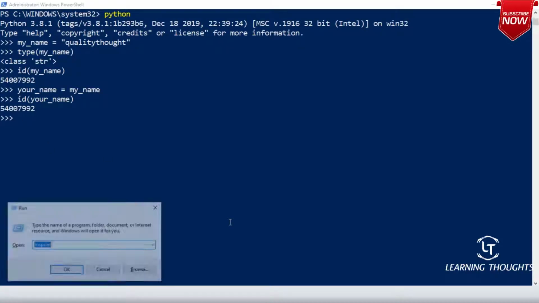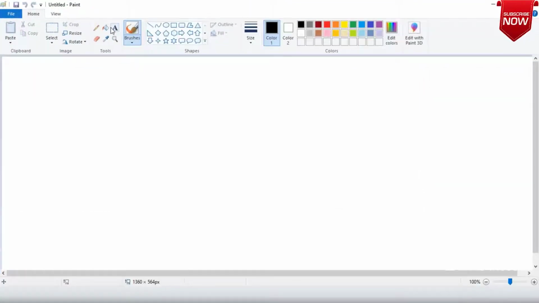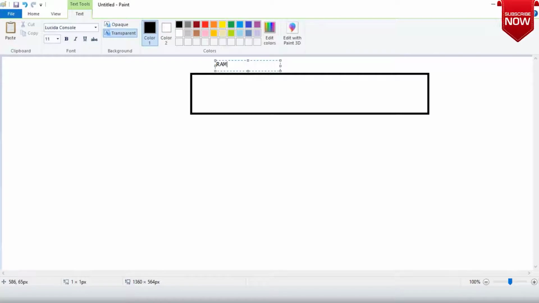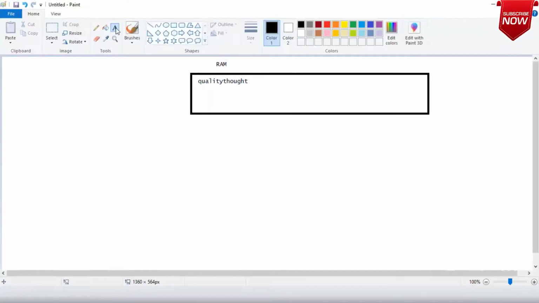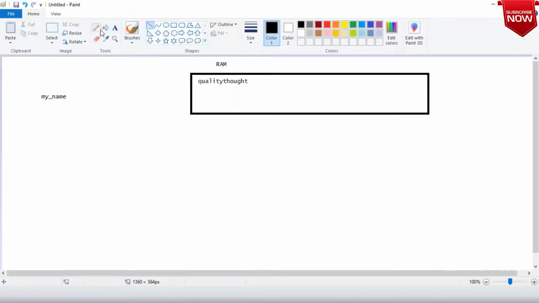So now let us go to MS Paint. Let us assume that this is all your RAM. In the RAM, I have stored quality thought. This is the actual value. Whenever I said my_name, my_name goes and points to this memory location.